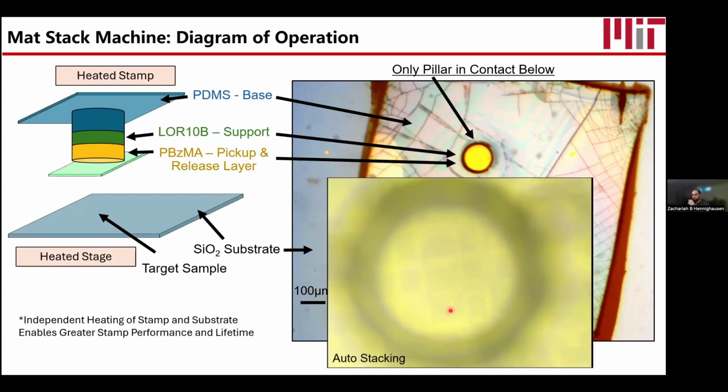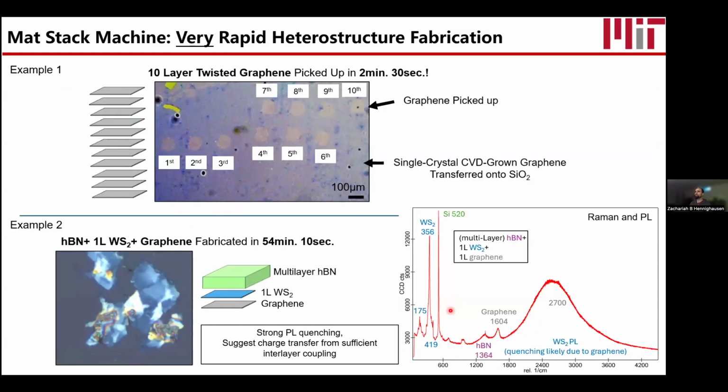We would like to go where Professor Mannix did in having an optical detection. It will improve the results, we believe. But we've gotten partial automation so far. Cool. So let's show you a quick snapshot of some of the results. So you can see each of the circles have been picked up. And so it's 10 layers of graphene picked up in 2.5 minutes.